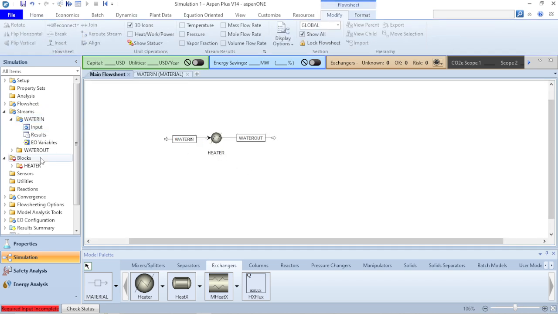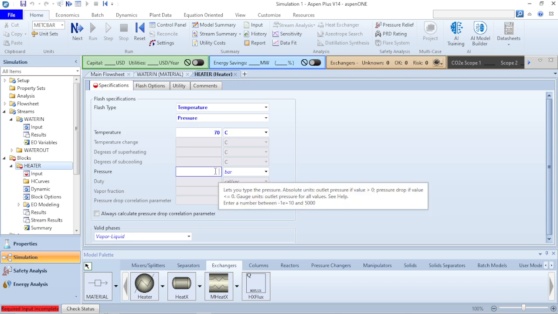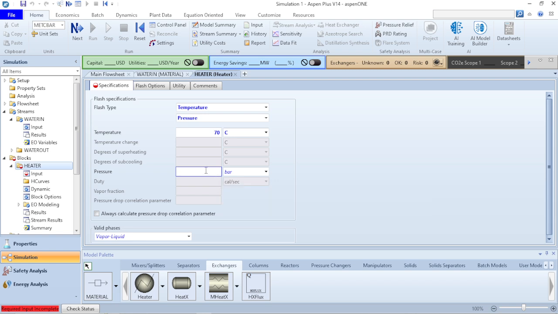Now the next thing I need to take care of is my heater. In my heater, I'm just trying to increase the temperature to about 70. And then from here, I can decide to see there's no pressure drop. If I see there's no pressure drop, I'm going to put in 0 at this point. But if there is a pressure drop, then I have to specify the pressure which my outlet is going to be coming out at. So let's say, remember it's 1 atm, I can decide to put 1.0